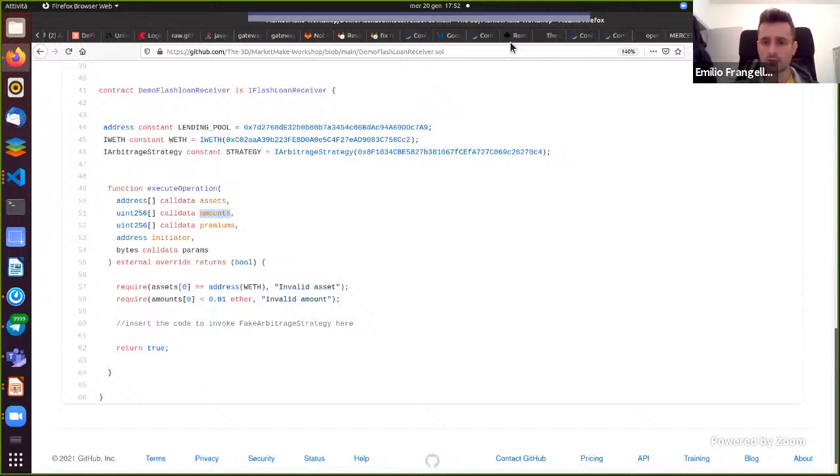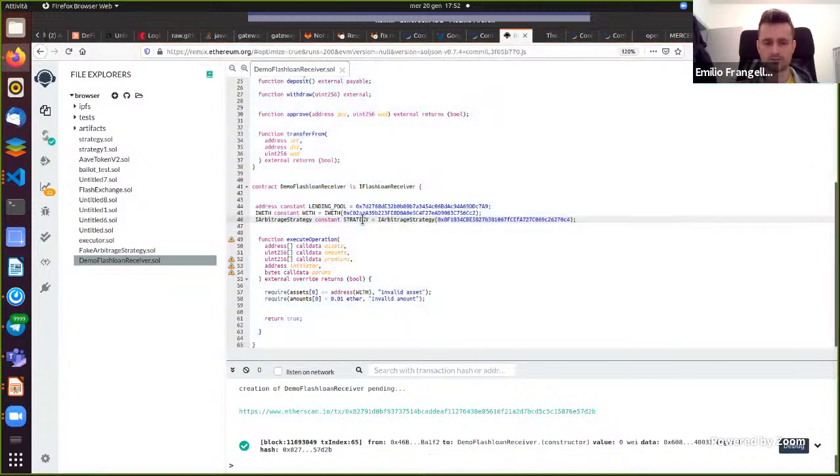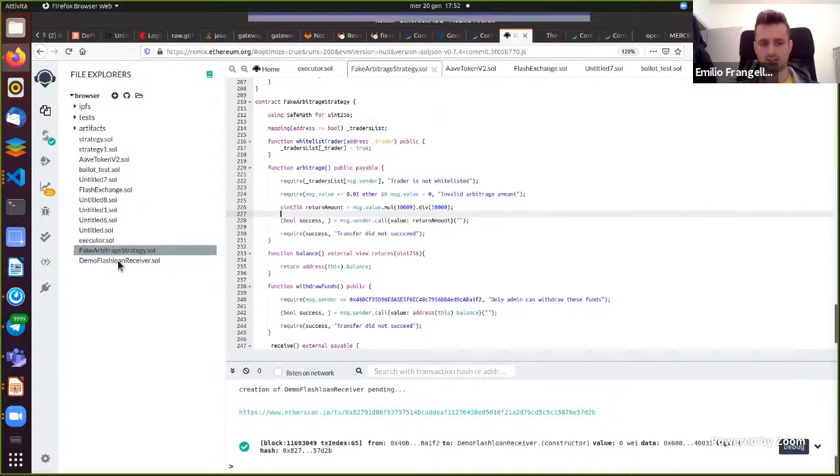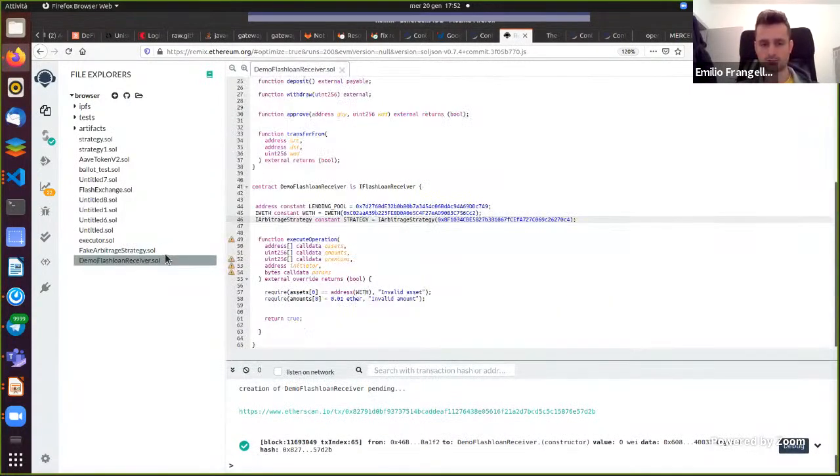I recommend you guys use Remix. If you are not familiar with Remix, it is a tool to develop Solidity smart contracts. You can see here I already have the 2 smart contracts that I wrote for the goal. Use the Remix. You can simulate everything. I mean, to avoid wasting money in a failed transaction, you can simulate everything within the